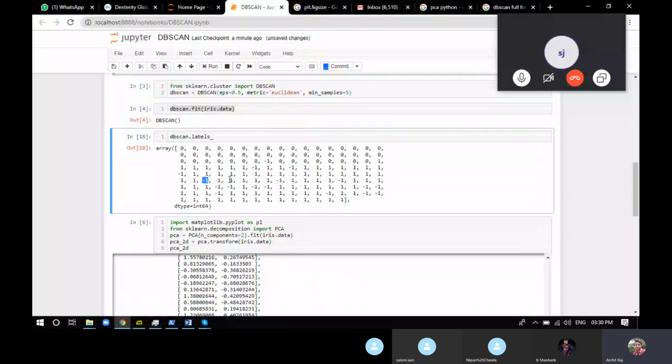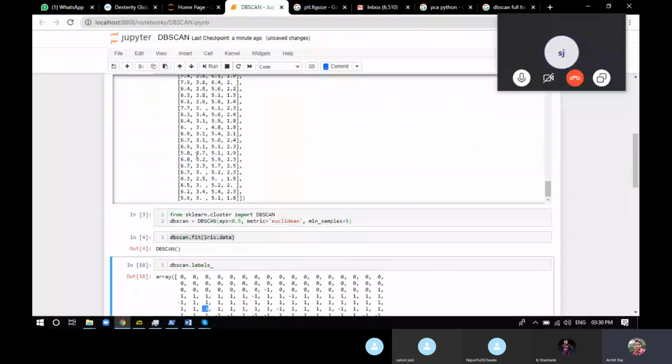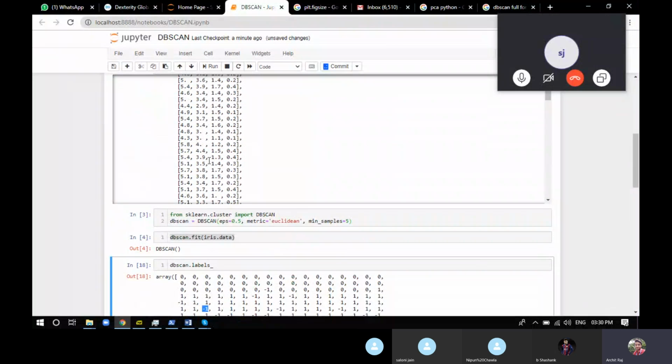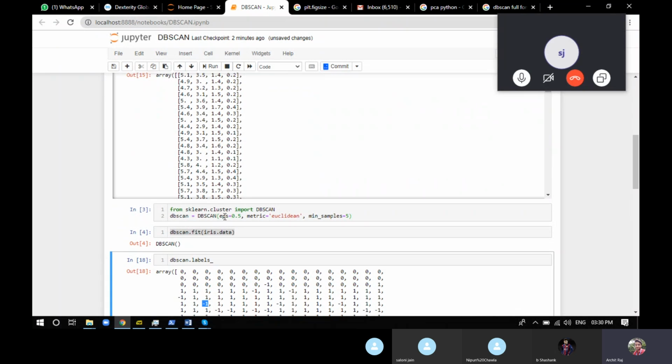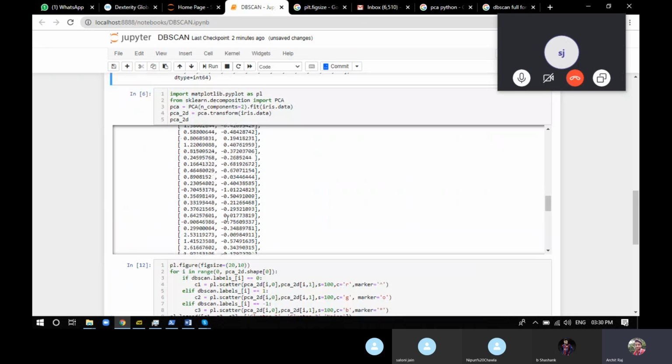Now, the only reason you cannot directly show this particular answer as a graph is because it's 4D. You can see there are 4 features that you have specified in DBSCAN. So you cannot print a 4D diagram, but there are ways to keep the data information intact while reducing its dimensionality, from 3D to 2D, which is known as PCA, principal component something.